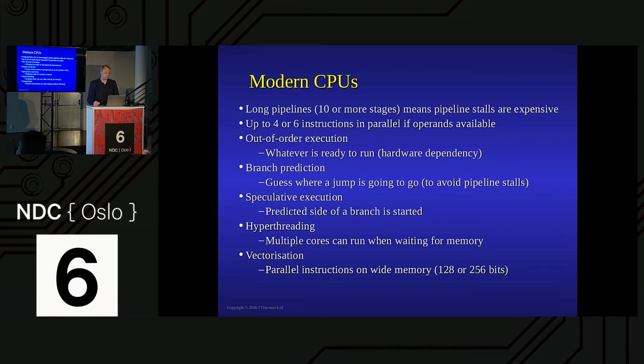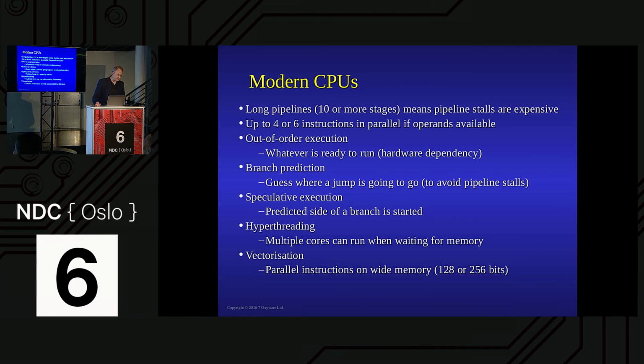Okay, that's pretty neat. Branch prediction. This is the problem that you have with pipeline stalls. It's guessing where a jump is going to go. If you say, well, I have all this code here and I have a branch, and executing these bits in the middle in parallel, you've reduced that. So yeah, we're getting lots of instructions here, but we still got that branch. Now that's basically just a jump inside the hardware. It's an if statement inside in hardware. And if you ever put an if statement inside the loop, you'll know that that slows it down. But you've now got one, but it's in hardware. The branch predictors are really very good.